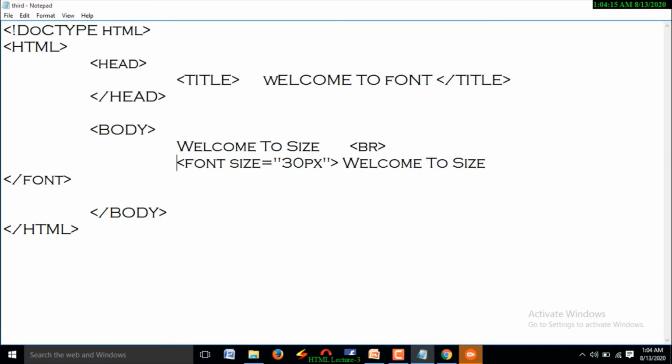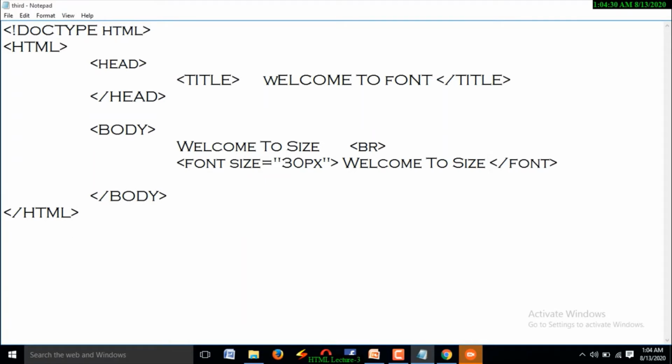See, in the body I mentioned one normal text and I mentioned text with a particular size, right? This is the example going to show the size attribute. And see, I am going to execute this.